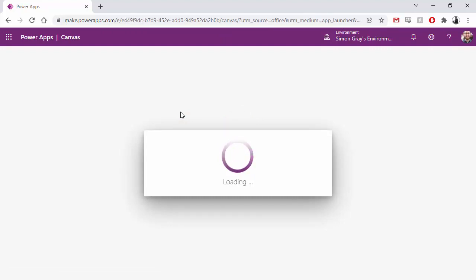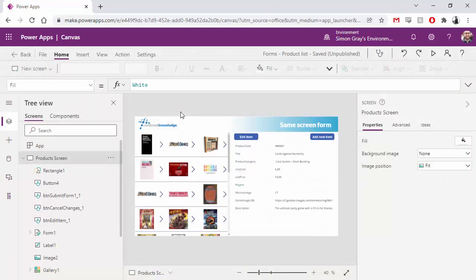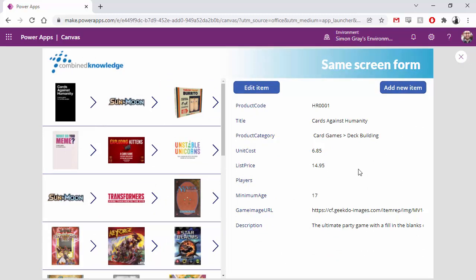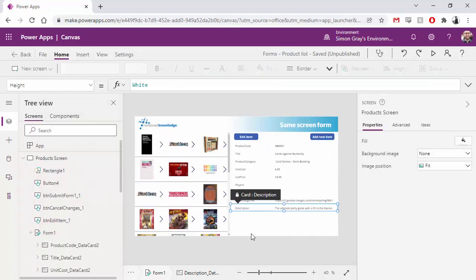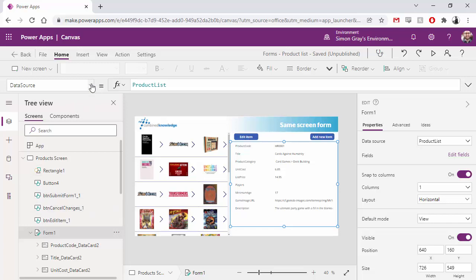So what we're expecting to see is our gallery load up for the first time and our form load up for the first time. And as a result, it's going to select one of those items. It can't not have a value selected. There you go. So the item for our form, just to confirm this as well, if we click on the form itself, is